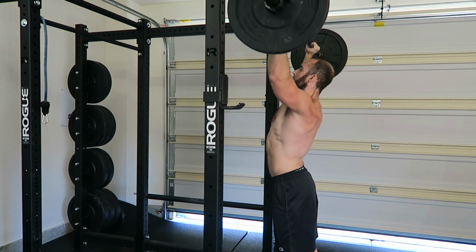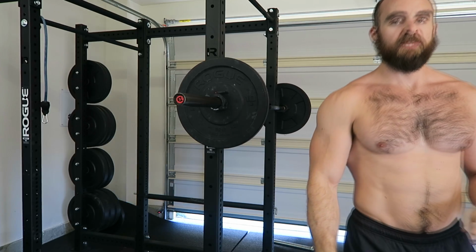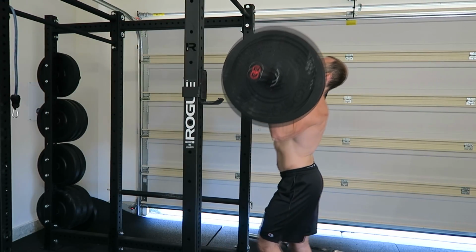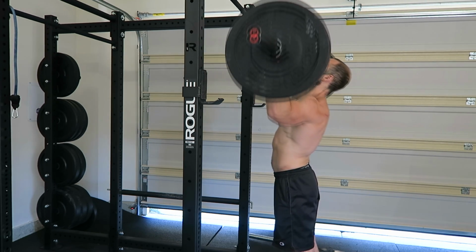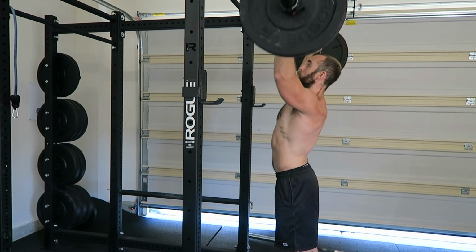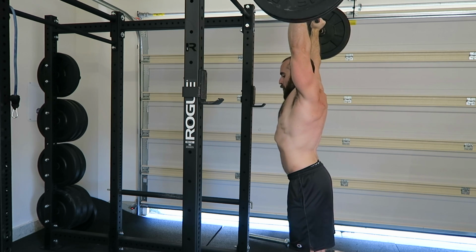And so I'm going to have to find some more interesting and fun rear delt training exercises to do. I know that I can do face pulls, and I do a lot of lateral raises that incorporate my rear delts as well. But the overhead press is one of those things that I want to get into, not necessarily for the purpose of getting really, really strong at it, but I want to see if that's going to be something that helps me build my shoulders up, because I've found, especially recently and over the course of